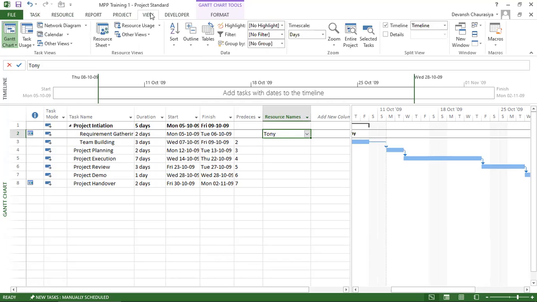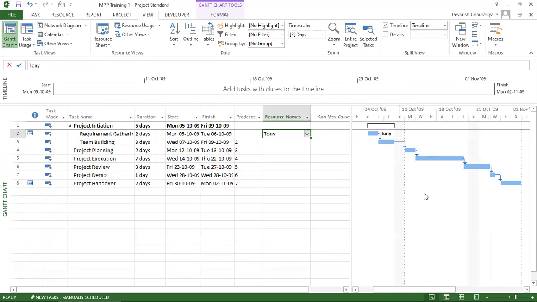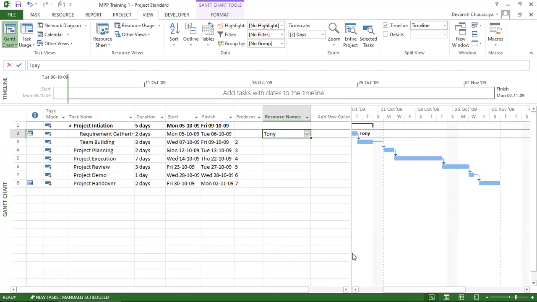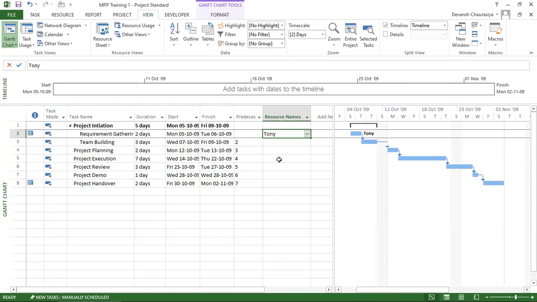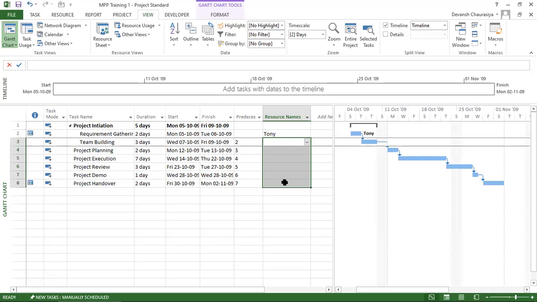Let me go to view, see the entire project. The reason why I clicked on entire project is because I want you to see how it is defining over here, right? Let me drag it over here. I hope it is visible. Yeah. So I can keep on typing the name over here, but this is not the right way. What you should do is